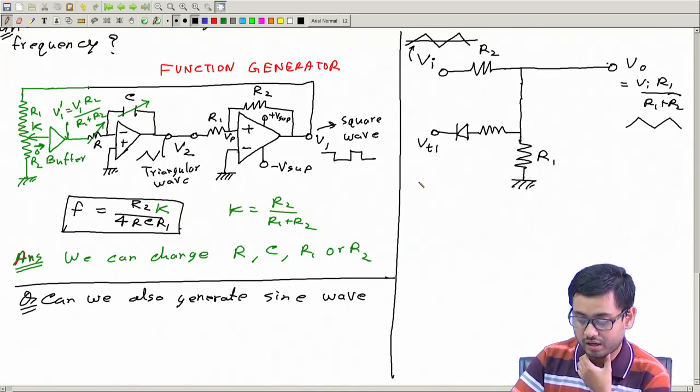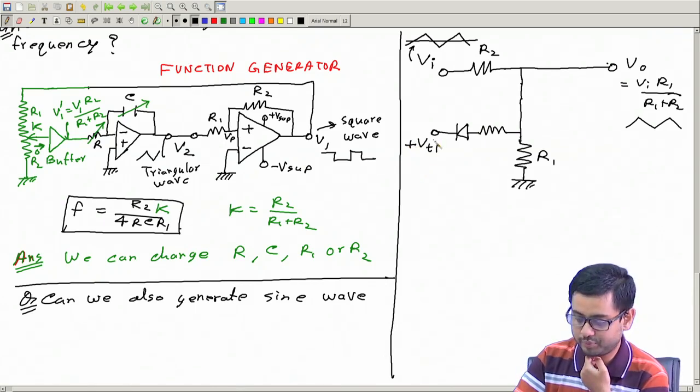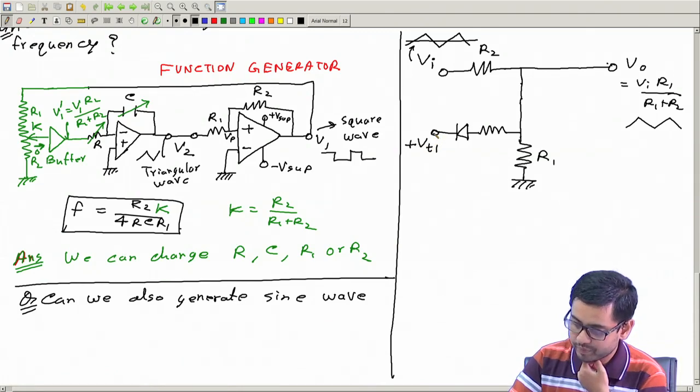So now, this VT1 has a value which is positive, plus VT1. Okay. So this is a positive voltage which I will connect, and its value is